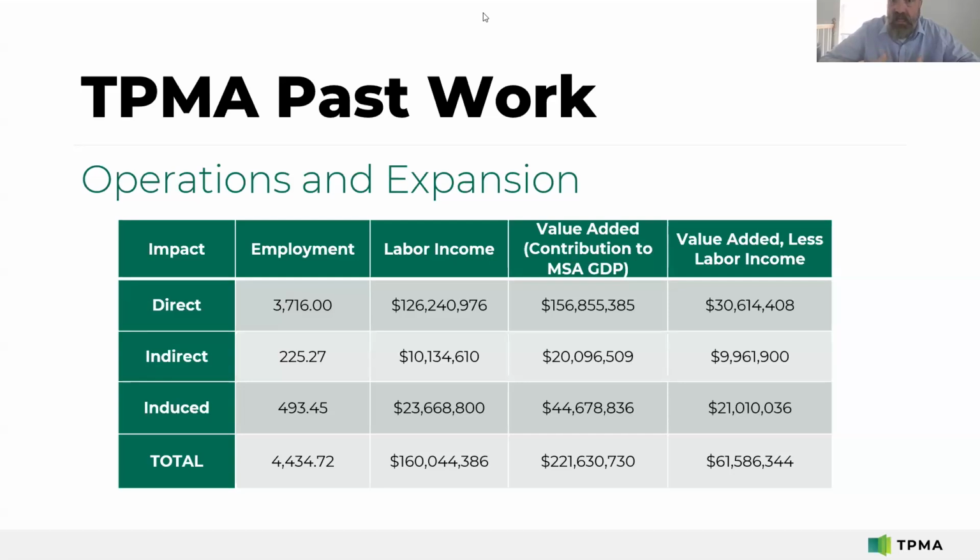Now, this is an important thing, and this is an extra step we take. If you look at those last two rows, the first one says value added, and that's the contribution to GDP. That's exactly how the model spits it out. But it's important to note that the GRP or the GDP, people often think of it as sort of the goods and services produced, but it also includes the wages that are paid to the workforce and the earnings of the proprietor. So what we like to do is take out the labor income and then isolate the value add.